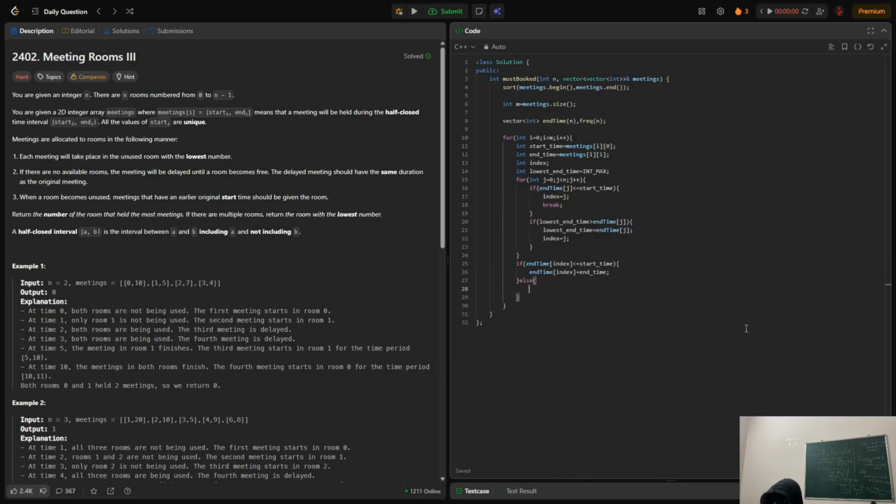Else, no meeting you have got is unoccupied, all meetings are occupied. You are just inserting where the meeting is going to end soon. So the end time of that index is going to be whatever end time is there right now, plus the duration of that meeting. The duration of that meeting is end time minus start time. Okay,